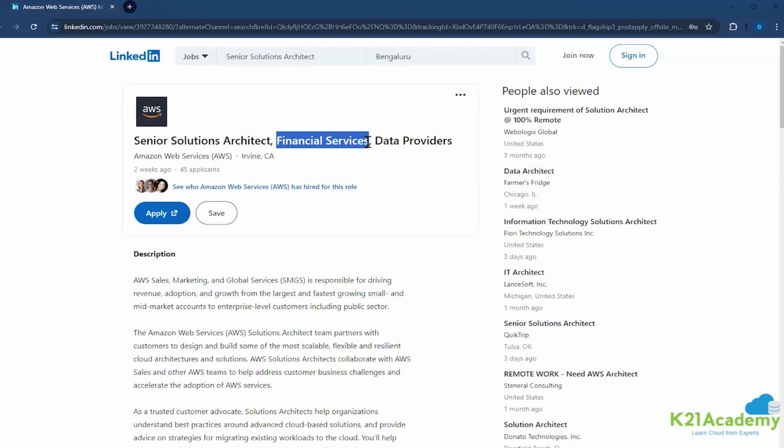They don't have any on-premise presence. It's completely on cloud. So each segment will have a different set of processes, policies, compliance, and requirements. If I'm a large enterprise or a government, I will have even more compliance.